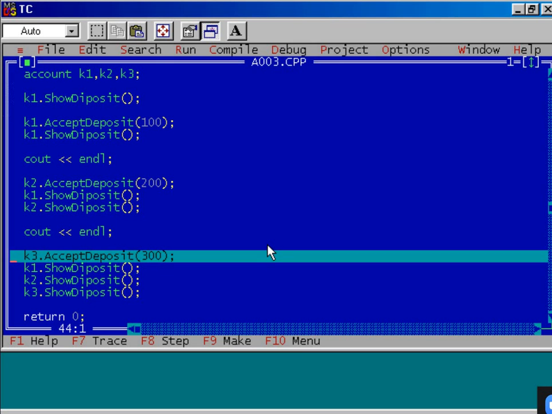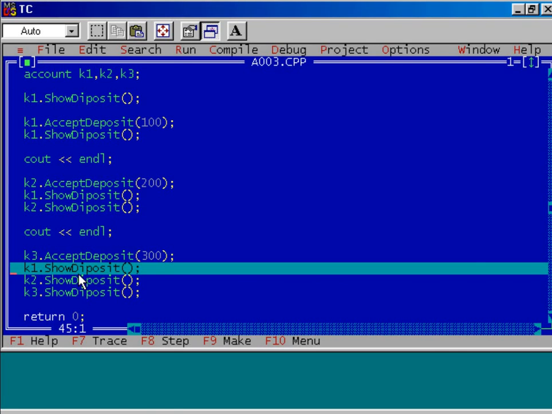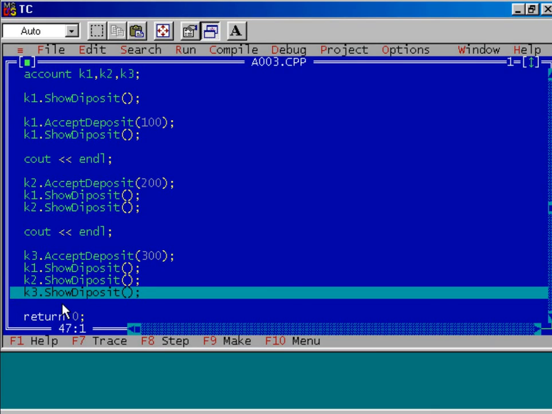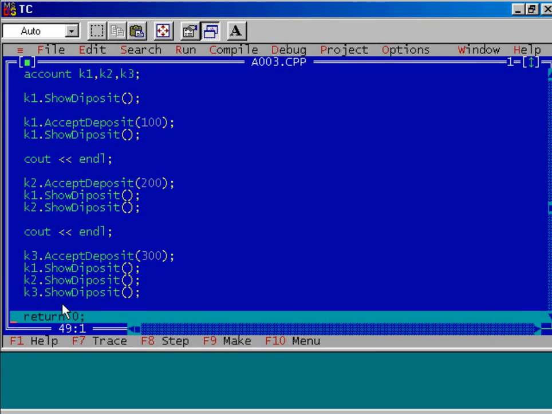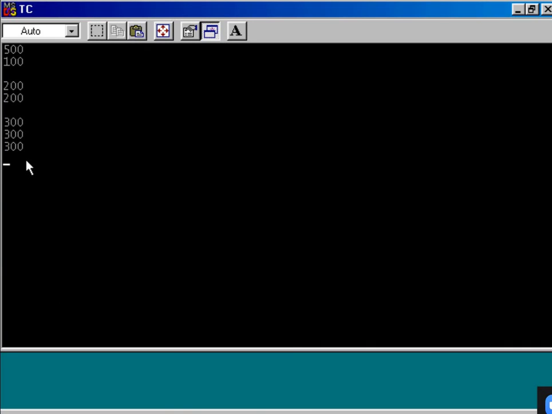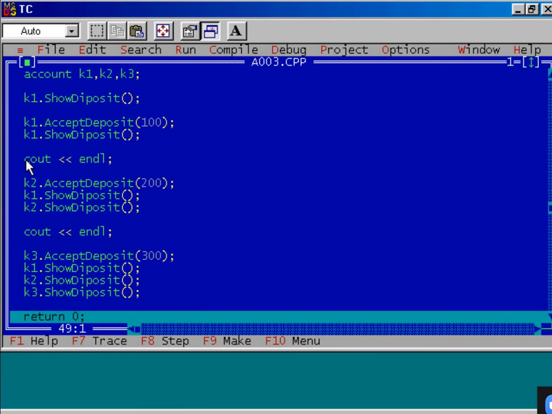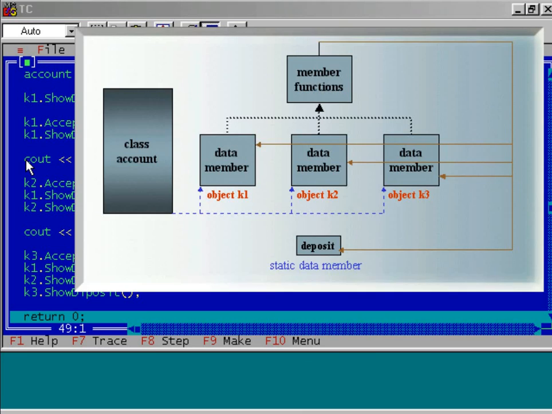Execute the program. Now I am assigning a value 300 to the static data member using the K3 object. And I am displaying this using K1, K2 as well as K3, that is, by using all the three objects. Press Alt F5. Which value is displayed? 300. Again see the diagram.